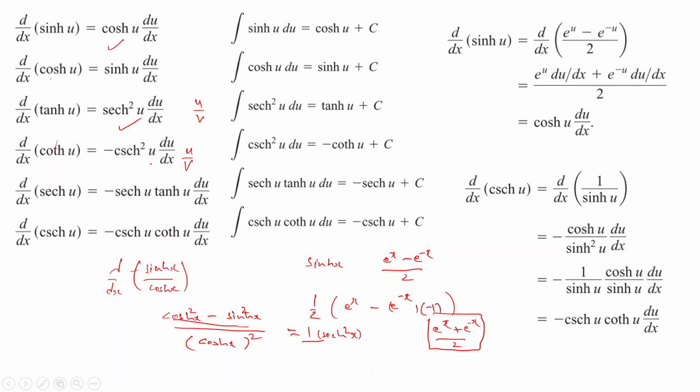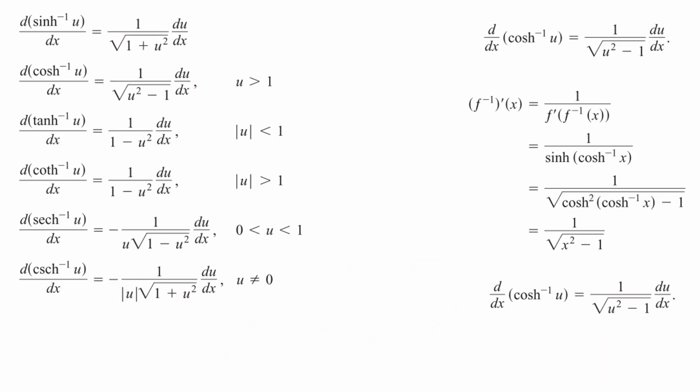Now coming to the inverse of this. Do you remember how we did it for sine inverse x? We assumed sine inverse x is some y, or sine y equals x, and we did the differentiation, right? Similarly, can you do this for sinh inverse x? Or this is one part of the story. The other part of the story is if you know f of x equals y, that means